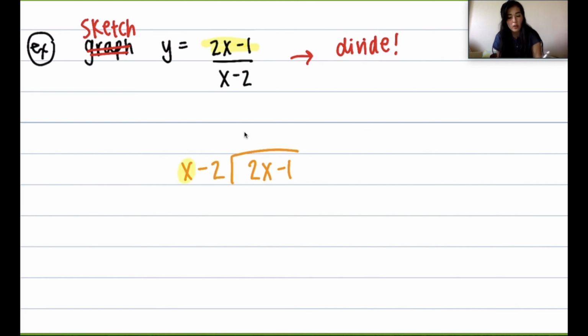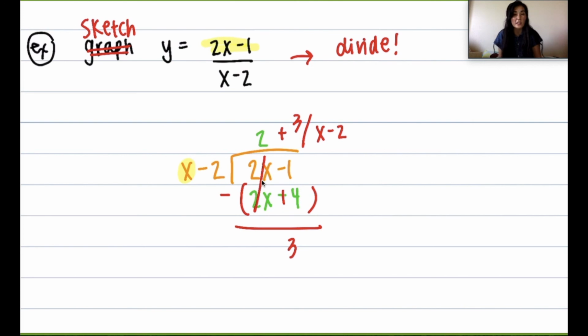Same thing, focus just on that first term here. We would say x times 1 gives us 2x, so times 2. So that would be 2x here, and then 2 times negative would be minus 4. Remember, you are subtracting this whole second term. This is going to cancel. Negative 1 minus negative 4 is going to turn into a positive here, and that's going to give us 3 as our remainder. So it's going to be a plus 3 over